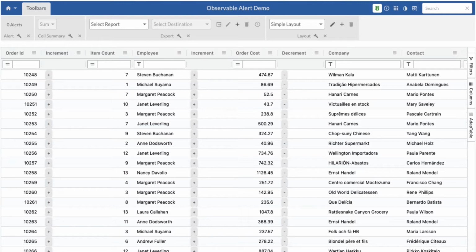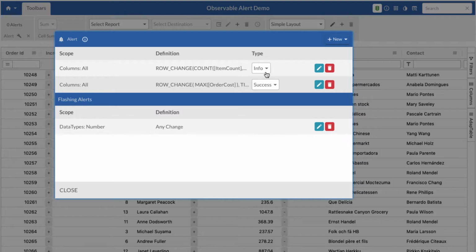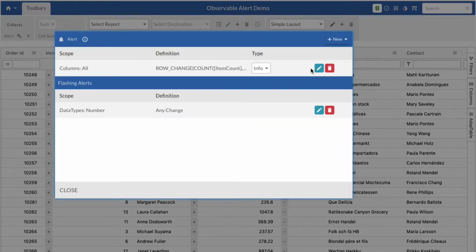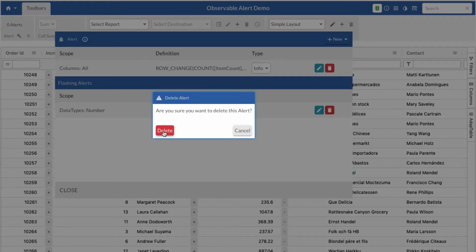We're looking here at a public website. This is our demo site, and this is the Observable Alert demo, so you can play with it yourselves and you can edit the alerts to see what happens. So in fact here we have two alerts already, two observable alerts, and we also have flashing alerts on any number. In fact, let's delete these two alerts so we can recreate them, which will hopefully be more